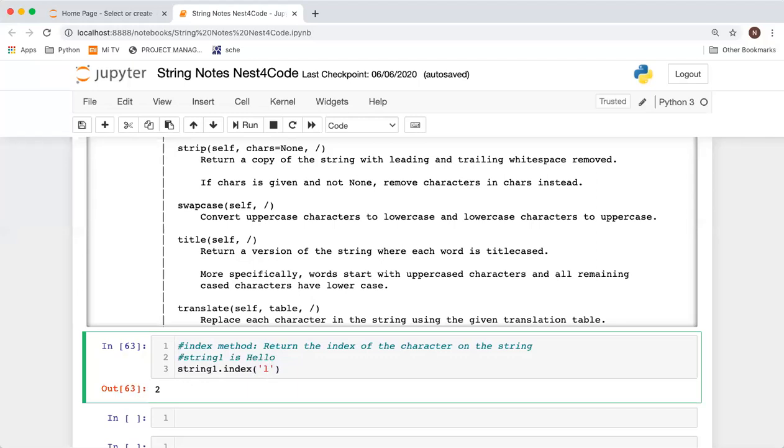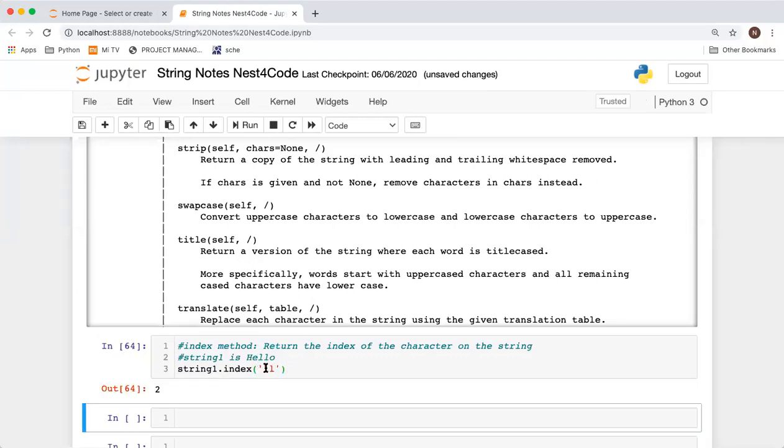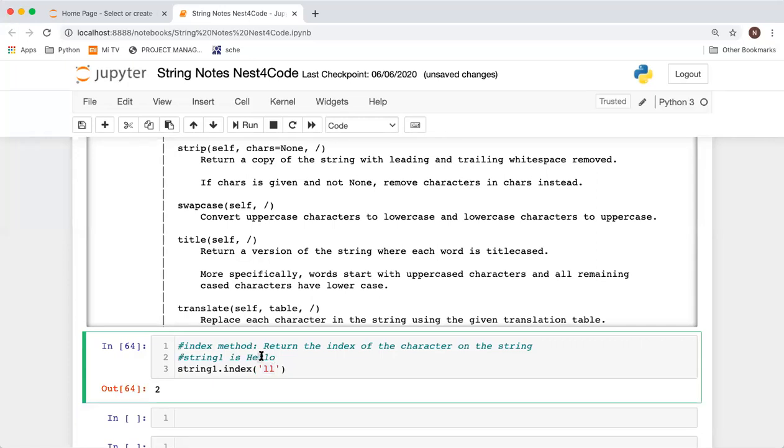And we can search a substring also. If I want to search LL, I can search LL also. It will give me the index from where that substring is starting. We know its length is 2, so we can get both the indexes also, because we know it's starting from 2 and it will go till the length of this substring, right? So this is how it will work.